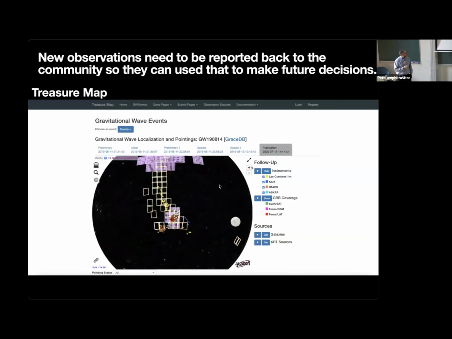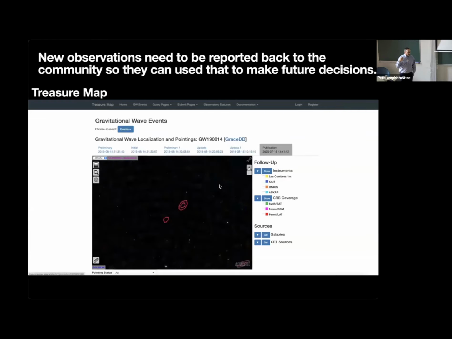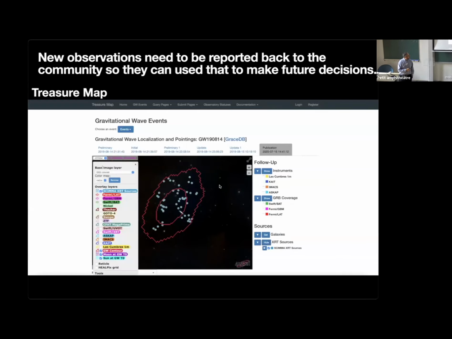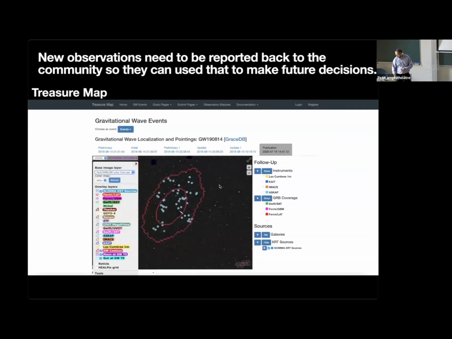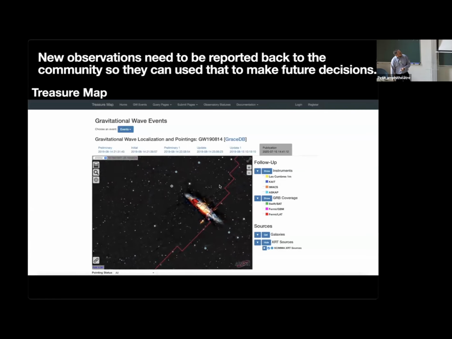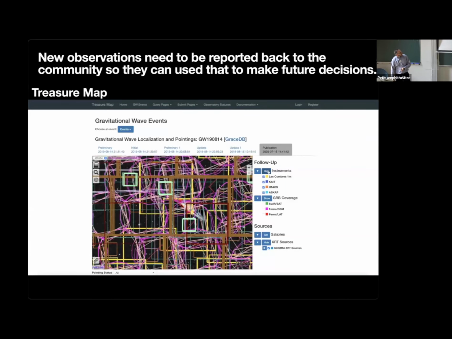And when you do your observations, the telescope has an API to submit where your telescope is going to be pointing, and also to check and see who's pointing there. And so we want to build more coordination between some of these different projects as much as possible. Treasure Map is a great example of trying to really pull the community together and help them coordinate to make sure that the full area gets observed, and not just in one little batch. Those are all the different observations of that particular one, the very well observed event.